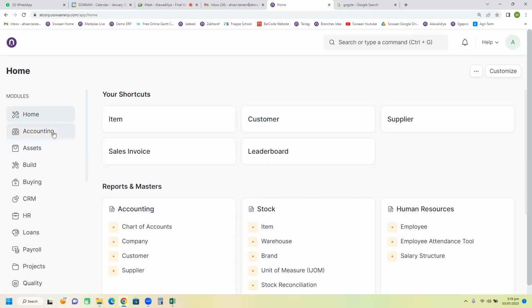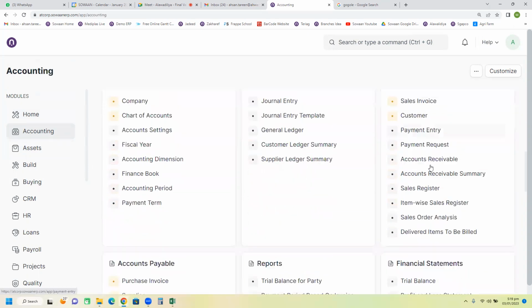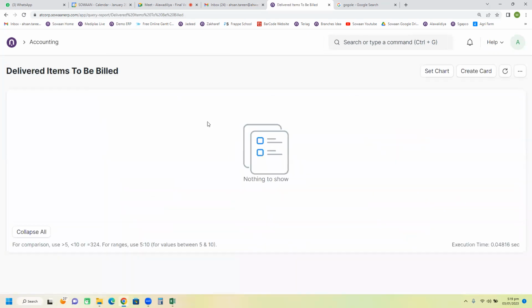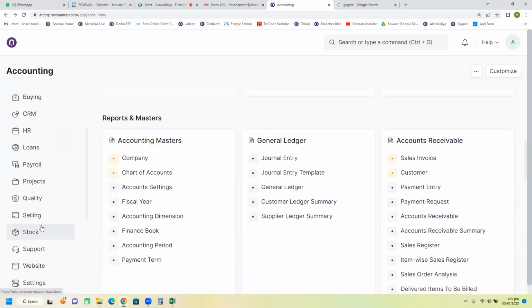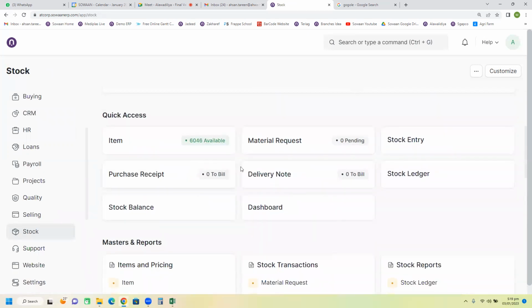if you made a delivery note and you did not record the income, then in accounting, in the receivable section, you see this report. This is a report here, delivered items to be billed. It is currently not showing anything, because we did not. I'll just create a duplicate delivery note. I'll show you something, I'm making a point here. So I'll go to the delivery note,